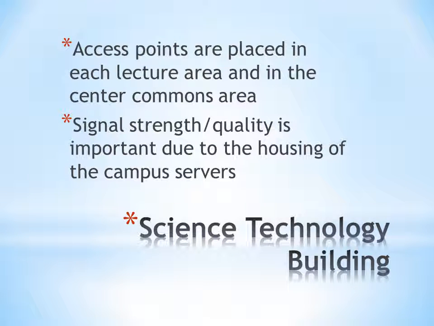So like I said, the access points are placed in the classrooms and in the center commons area. Signal strength and quality is important due to the housing of the campus server. So if we have a dead spot in the server area, that's bad news. We definitely want to ensure that there's proper signal in the server area if our servers, by chance, are using this wireless